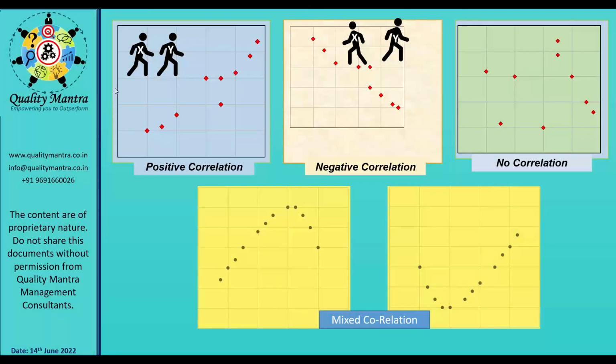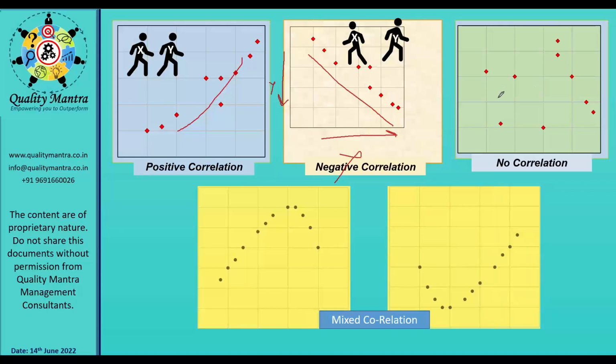Now what kind of correlations are there? It can be a positive correlation. It means x and y are moving in the same direction. X increases, y also increases. That is called positive correlation. This is a negative correlation. X is going one side, y is going the other side. It means x is increasing, but y is decreasing. This is going down. As you increase the x, y is decreasing. X in the sense, x axis. Y in the sense,